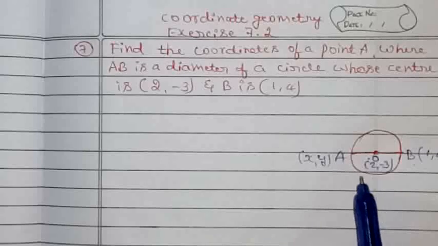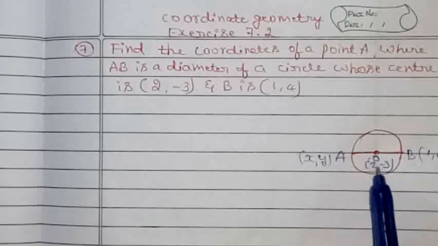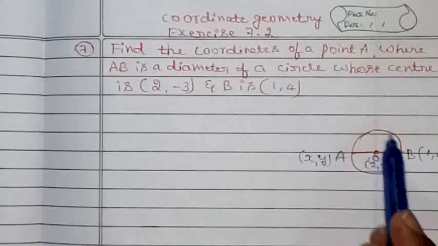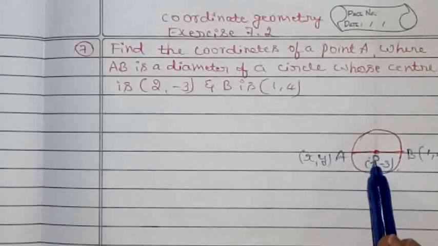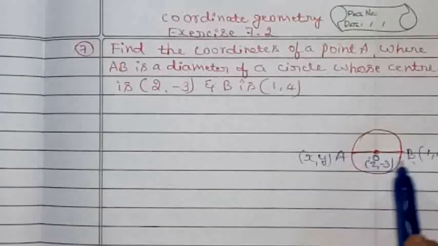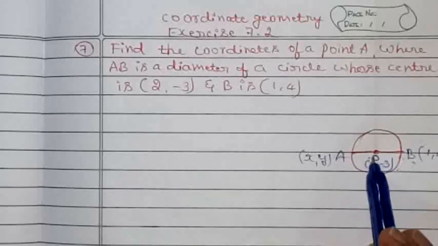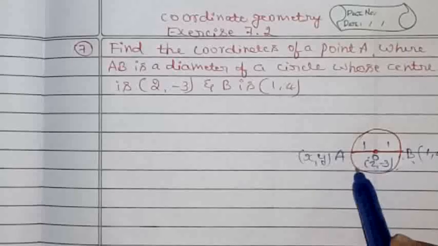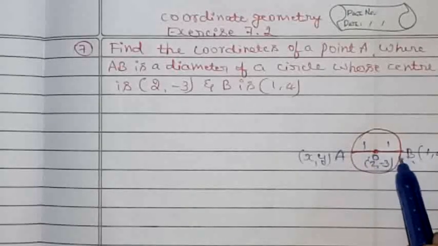Now which section formula will you use to find the coordinates? Now have they given a ratio? No, but just observe the condition. AB is a diameter and O is the center of a circle. So here this AB diameter line segment is divided at the point O in the ratio 1:1. Now how can it be divided in the ratio 1:1, children? Here AB is called the diameter, AO is called a radius, OB is called a radius, children.